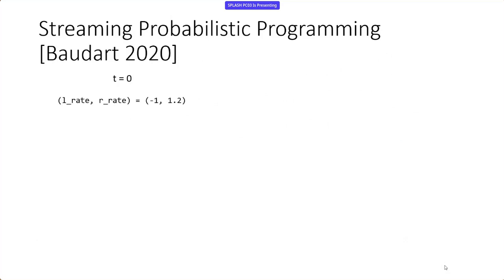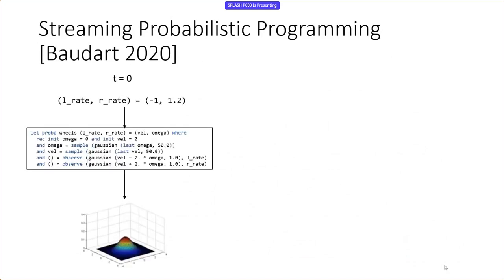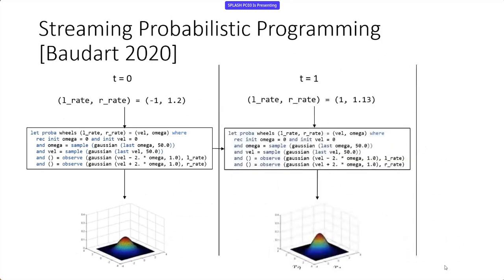What this means is that we're going to take the input values from the wheel speed sensors, feed this into the programming language runtime, and it's going to spit out a distribution that is conditioned on these random variables taking on these particular values. And the addition of streaming probabilistic programming means that this is going to happen over a sequence of time steps. So at each time step, we're going to take in some values from the wheel speed sensors and output a distribution that's conditioned on all previous observations. So our goal today is to try to implement such a programming language efficiently.